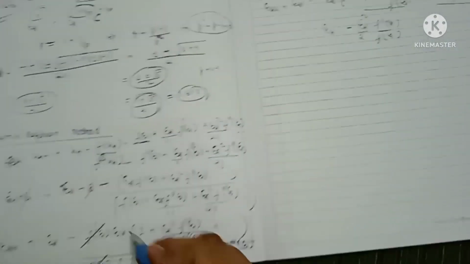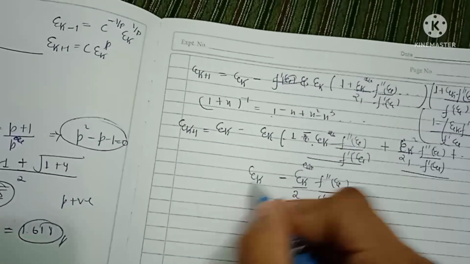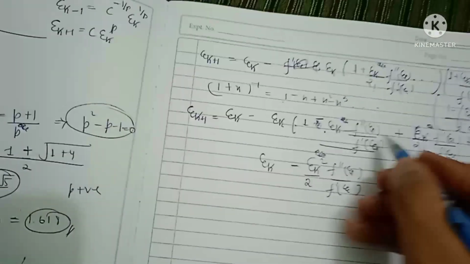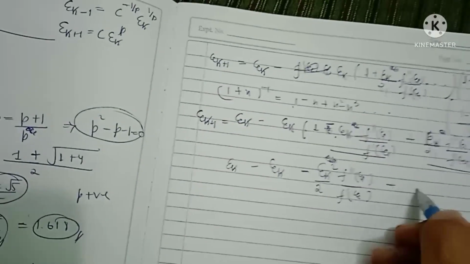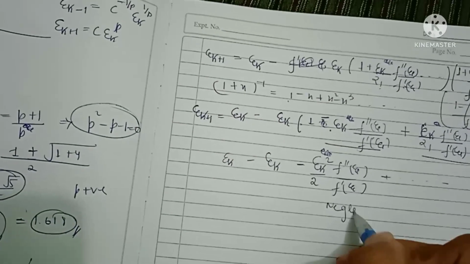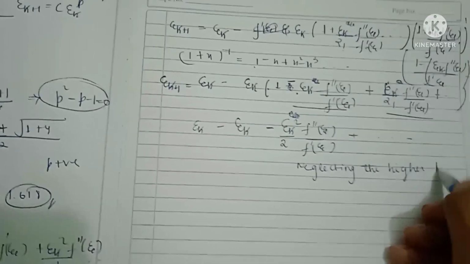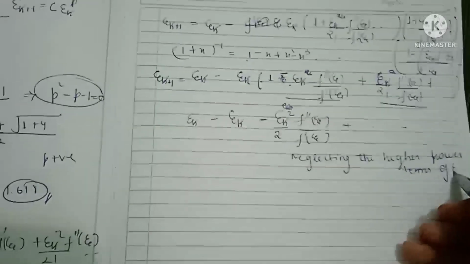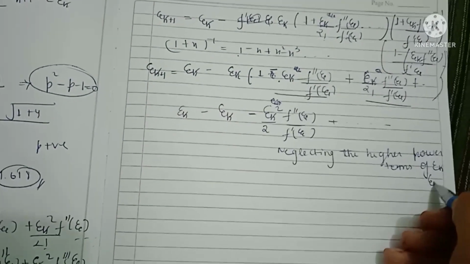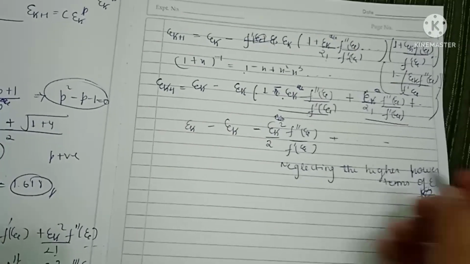Because we have taken out epsilon constant, so one epsilon is taken out, and here epsilon k is this. So we will not have epsilon k. Now we will have epsilon k squared, simply, and minus epsilon k plus dot dot dot, neglecting the higher power terms of epsilon k, and epsilon k minus epsilon k f dash epsilon k, no epsilon k simply,